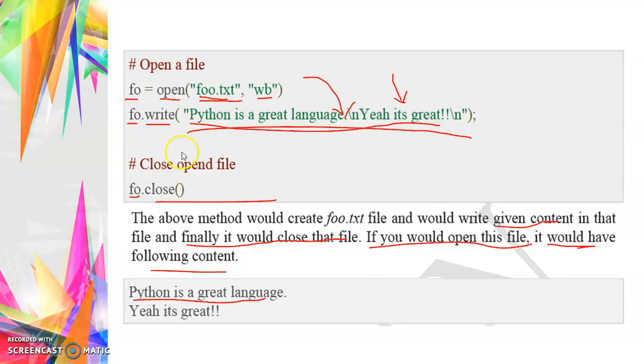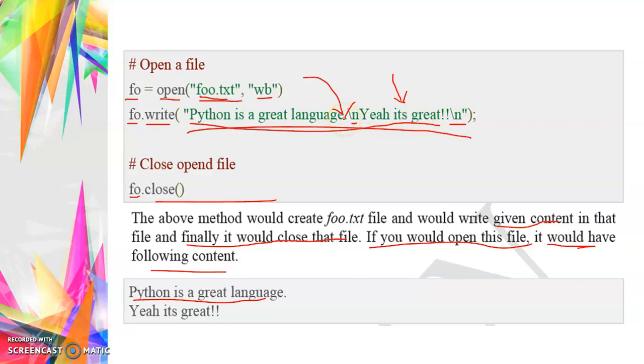That string statement I'm going to write using the write operation. In the open function, one parameter is the file name, foo.txt, and the other is the accessing mode, writing binary format. So fo.write, file object dot write function, and I am passing the string parameter 'Python is a great language!' followed by \n, which represents a new line.